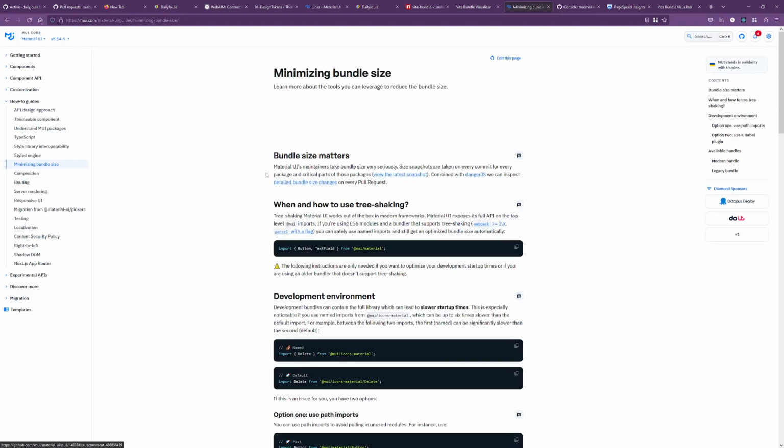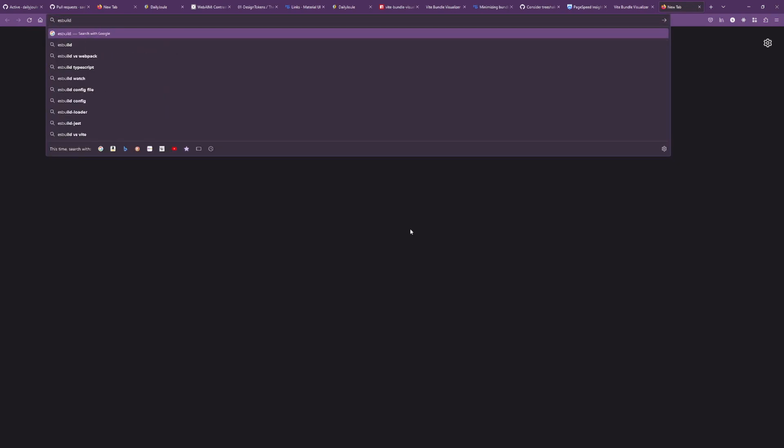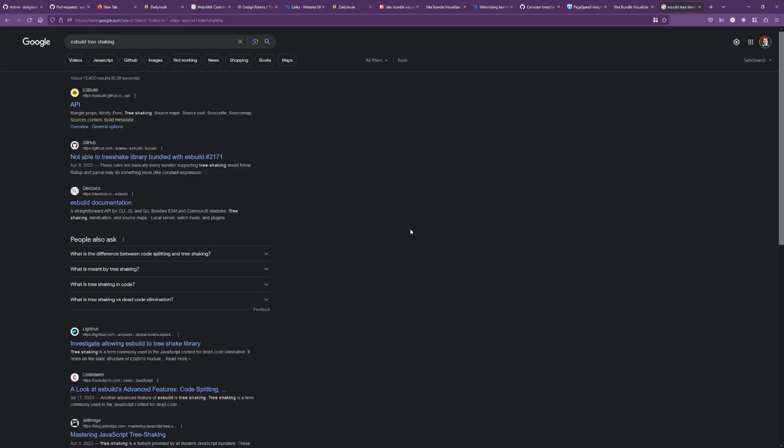Here's material UI's page on bundle size. See, if you're using ES6 modules and a bundler that supports tree shaking, which I thought ES Build does,